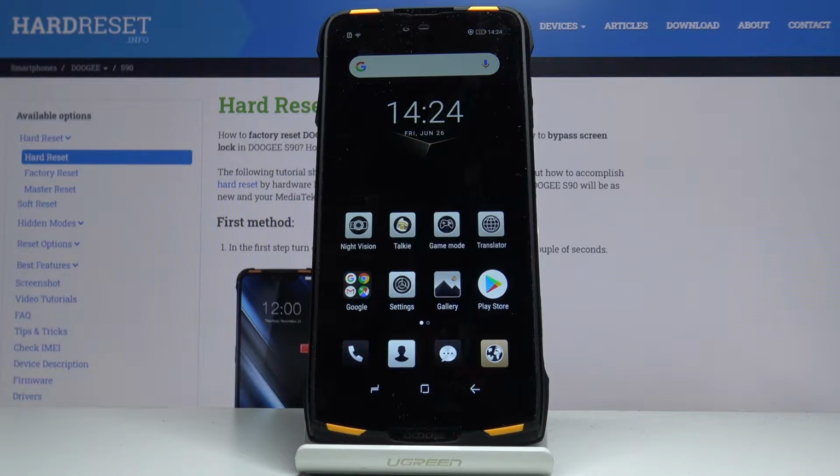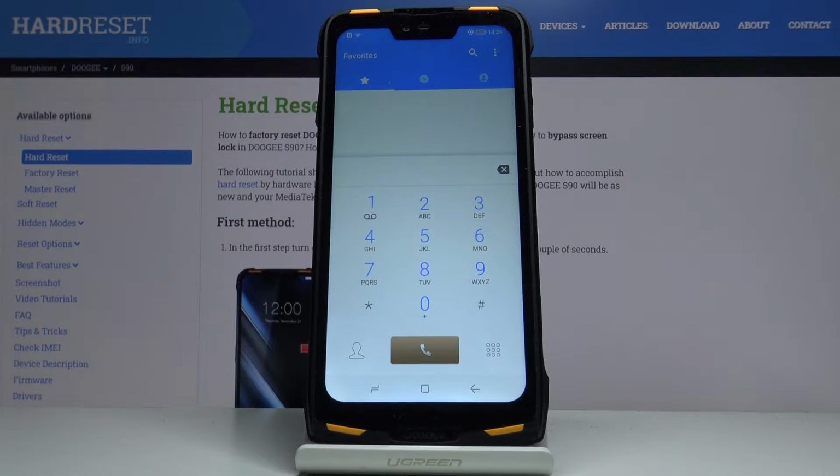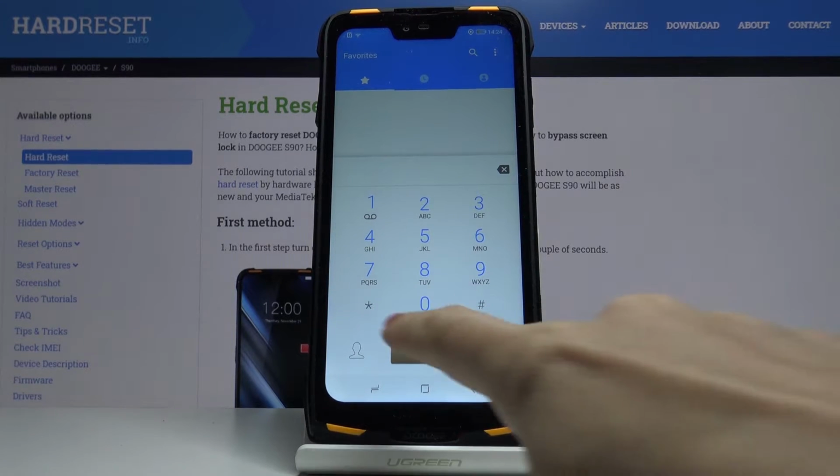Here I've got Doogee S90, and let me show you some of the secret codes that you can use on this device. So at first you have to open the phone dialer, because this is the place where we will be entering secret codes. Then just open the keypad, and we will start with the first code, which is *##,